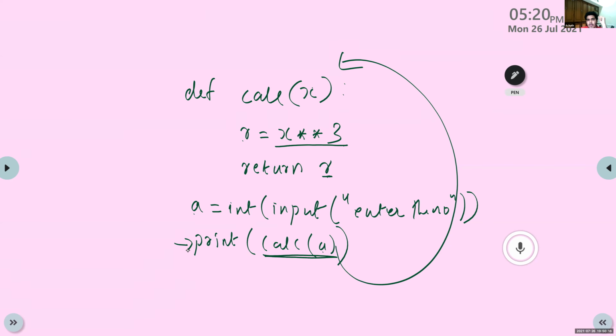Can we use a valid identifier again in the same program? Yes, sometimes it is okay. If we are using A here, we can use A here, no problem. But if we are using A is equal to 10, and again I am using A is equal to 5, then the value is changed; 10 becomes 5, if we repeatedly use the same variable name.